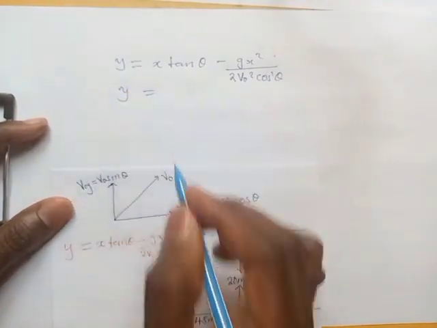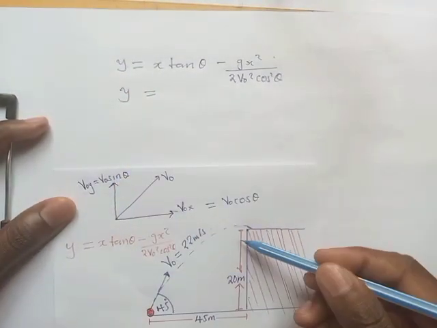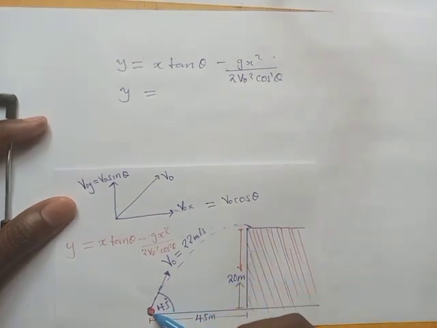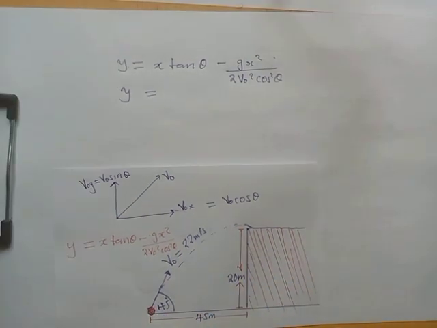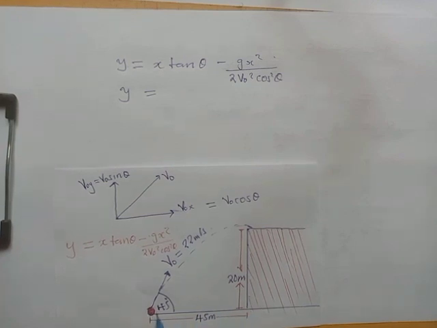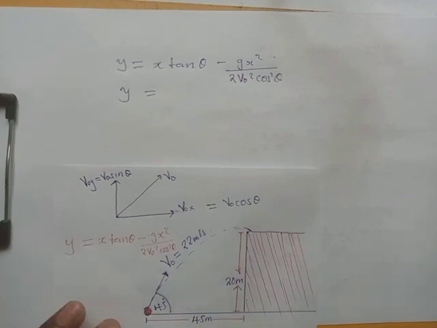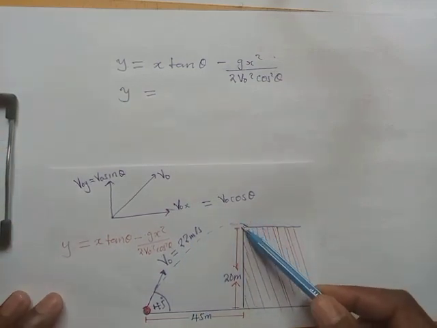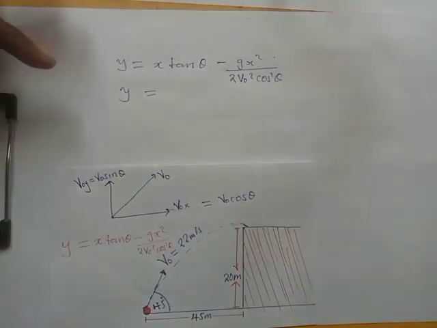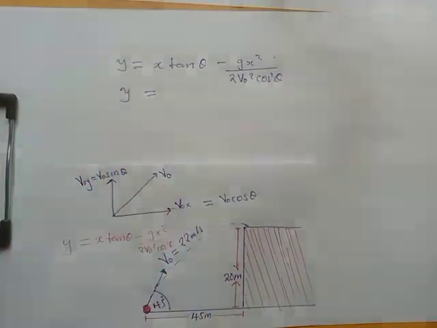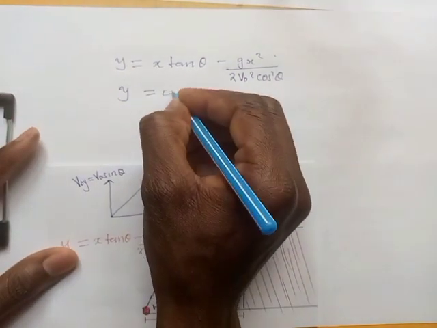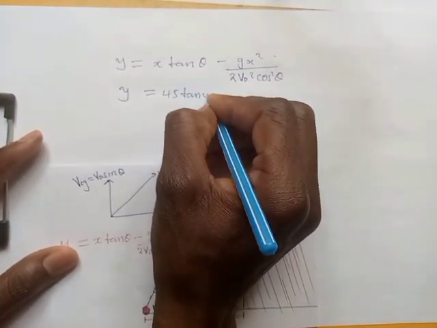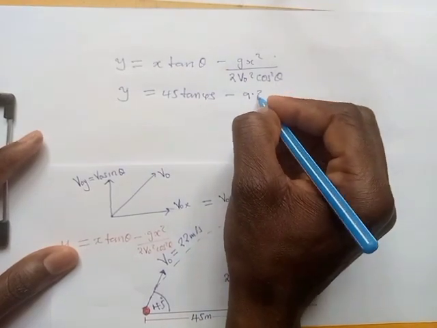So y has to be equal to, what is the distance in the x? Forget about this one. This is the height of the wall. Now we want to find the height to which this one is going to go. Since initially it is away from the wall by a distance of 45 meters, I'll use this same as the x distance it can move. Remember, this question requires us to make an assumption to say, will the rock hit this wall or not? We can only predict if we are able to find the height to which the ball is going to go. So I'll say 45 tan 45 minus 9.8